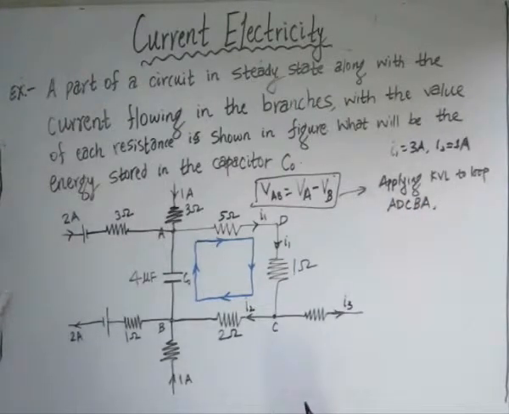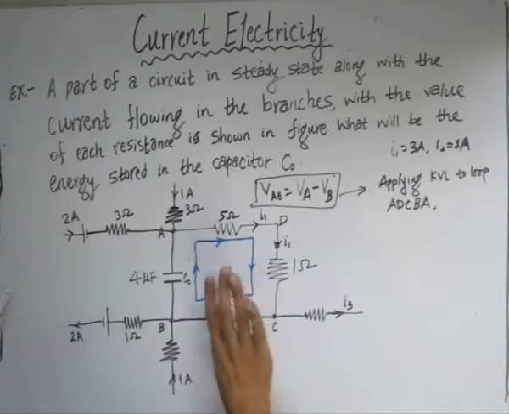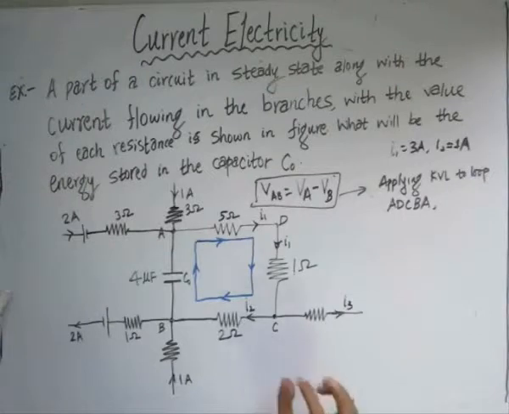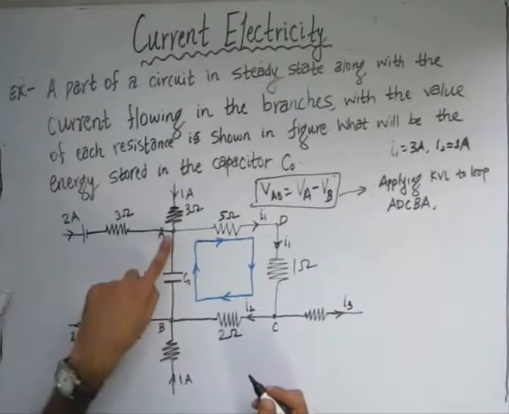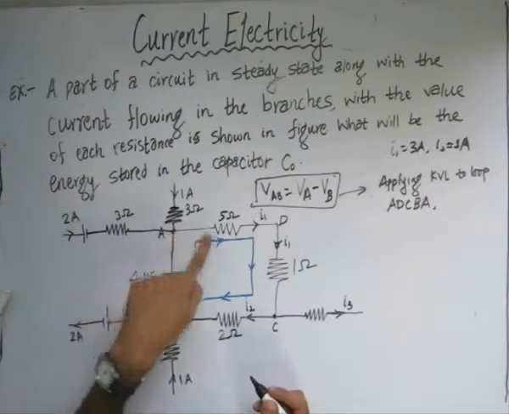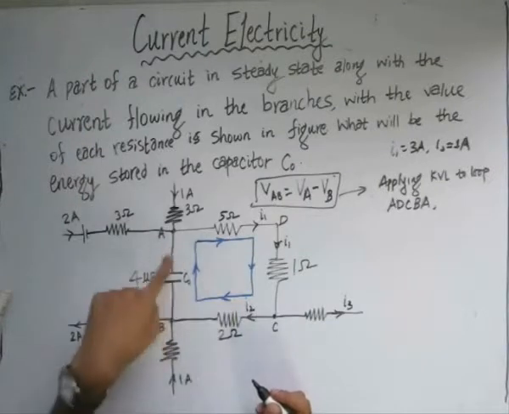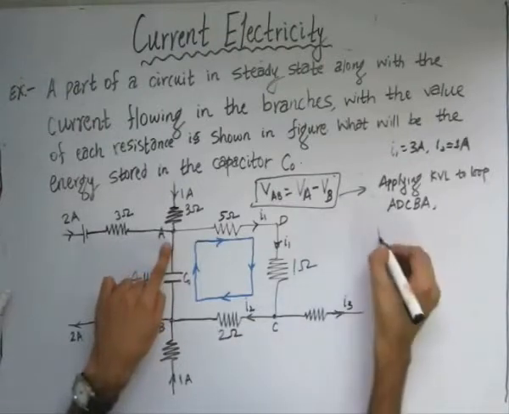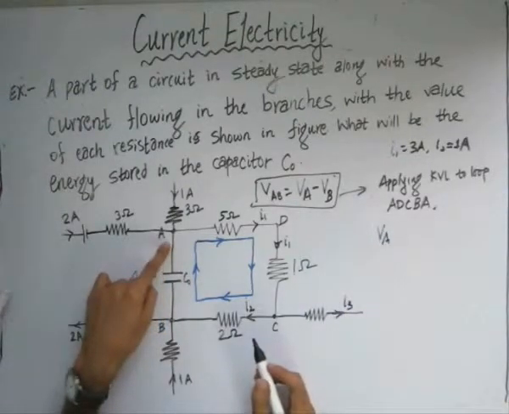Now as per the sign convention which we have seen for Kirchhoff's voltage law, if the direction of the current and the direction of the loop coincides, then the potential drop should be taken as negative. And for the EMF case, for the voltage case, if we are traveling from the negative electrode to the positive electrode, then the potential should be taken as positive, and vice versa. Now in this case, let us start with the node A. So we are moving from this point A in the clockwise direction, and we'll again reach this point A. Now the potential at A is VA, so we'll be taking it like this, VA.